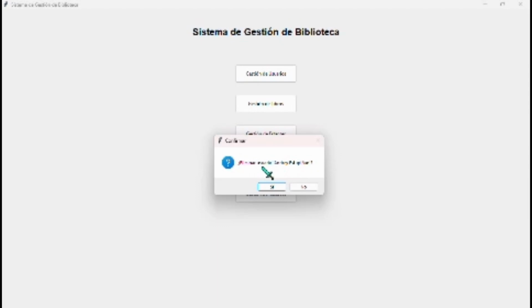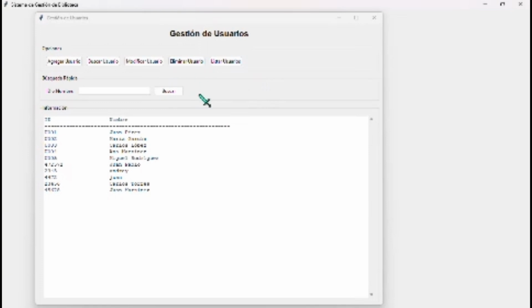1, 2, 3, 4. You want to eliminate Andre Estupiñán? Yes. User eliminated. So if we go here and list the users, Andre is not available now. So this is the first page of the first option of the algorithm,